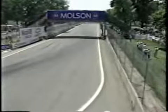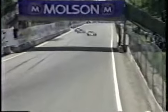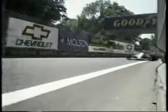Both Sullivan and Al Unser Jr., very highly paid drivers who've really not been producing, and now they are very much in it as this race winds to a conclusion. You can see Little Al working really hard on Sullivan now, because when they're catching somebody to lap, that's when Sullivan might become vulnerable to a pass. So Little Al works really hard when that happens. Exactly. Sullivan having to go offline to get by. That's Willy T. Ribbs that he went by along with